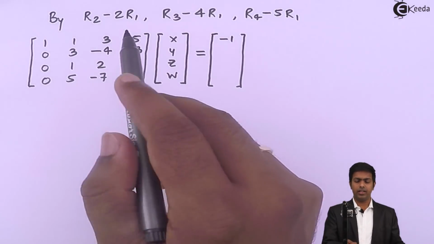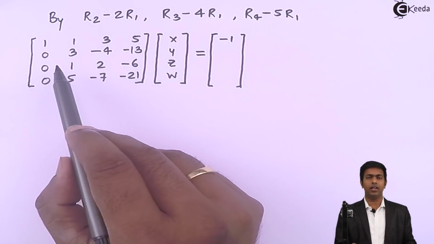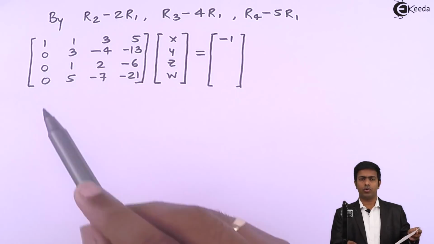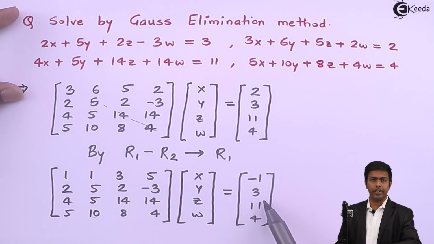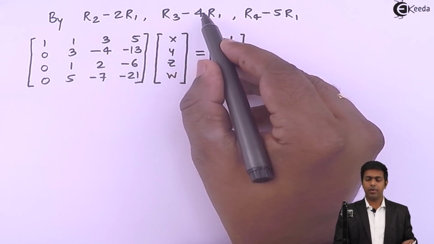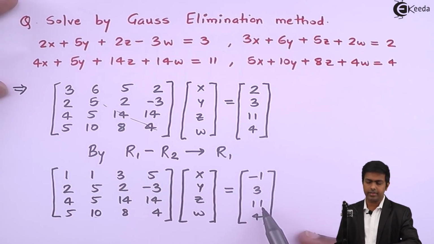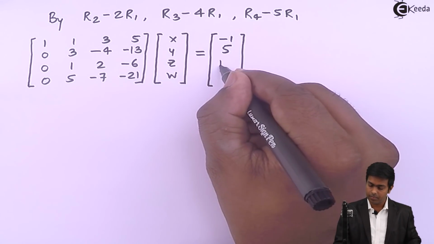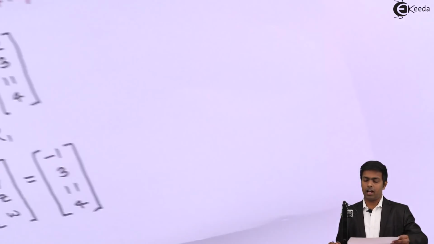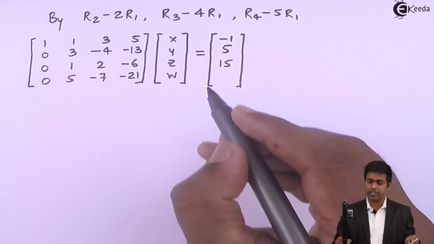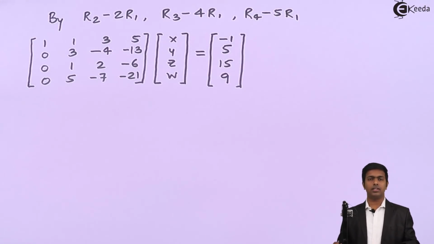Now guys, we have done these operations on matrix A. Similarly we will do it on matrix B. So for matrix B, R2 minus 2 times R1. So R2 is 3 minus 2 times R1, so this will become minus 2, and 3 minus minus 2 is 5. R3 minus 4 times R1. So R3 is 11, 4 times is minus 4, we'll add it, we'll get 15. Next R4 minus 5 times R1. So 5 times is minus 5 and 4 minus minus 5 is 9. So here we got this matrix.